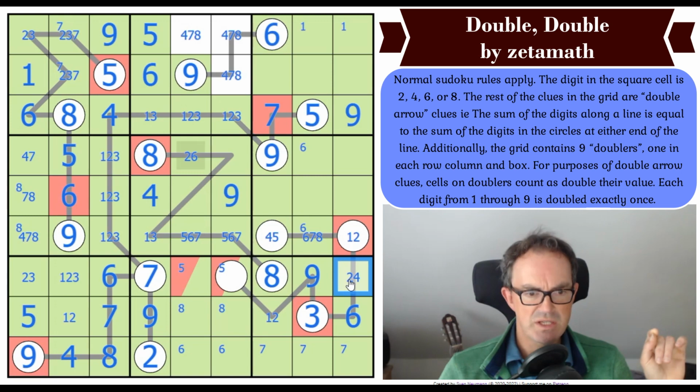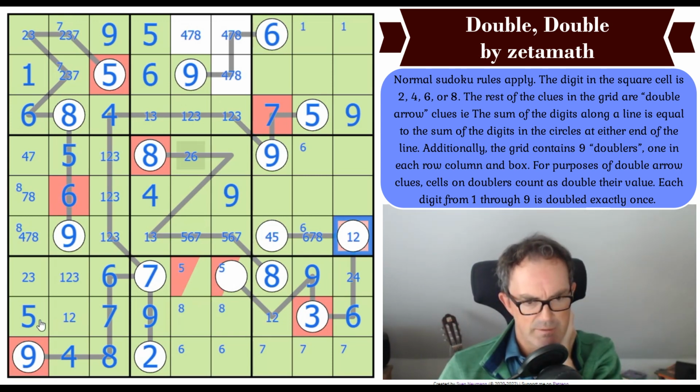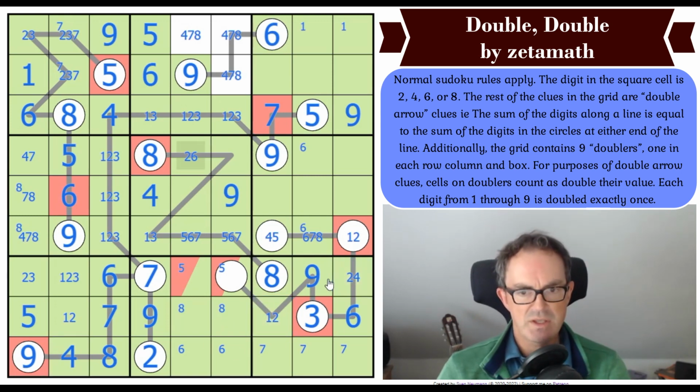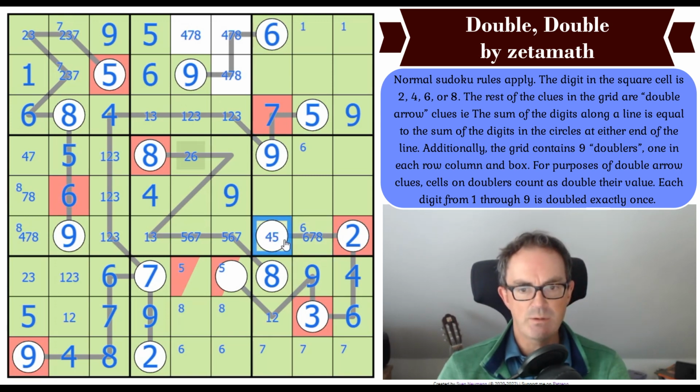Because that seems to mean this cell's got to be a 4, which is going to give me this digit. Hang on. Why is that the case? Yeah, okay, no, it's simple, isn't it? Once this gets restricted, we can just do sudoku using this form. Okay, so that's not so strange after all. So this becomes a 4. Now, this is adding up to 10, so that's got to be a 2. Now we know that this is counting for 4 on this thing, so this can't be 5, or that would need a 9 here. So this is now a 4,